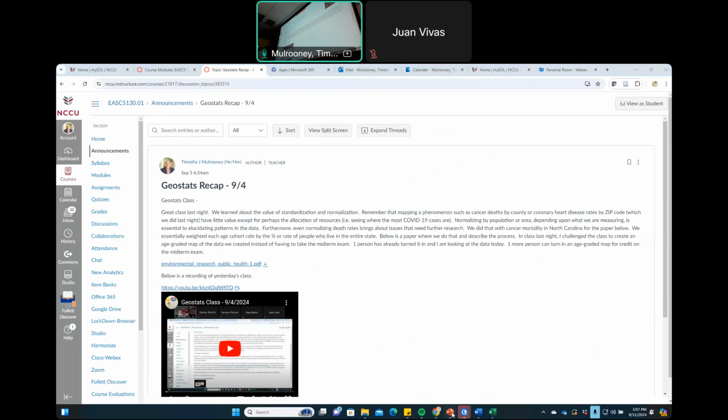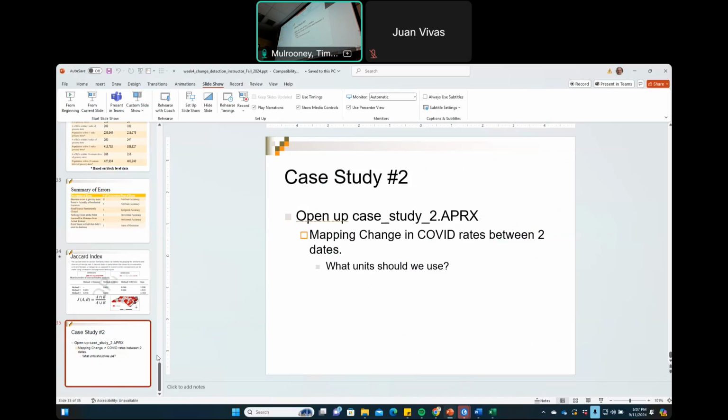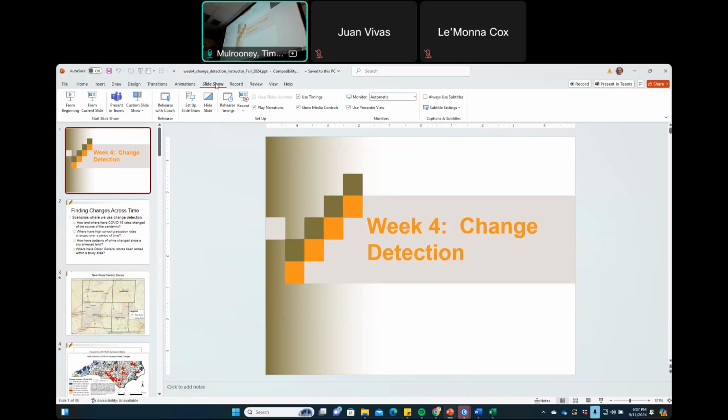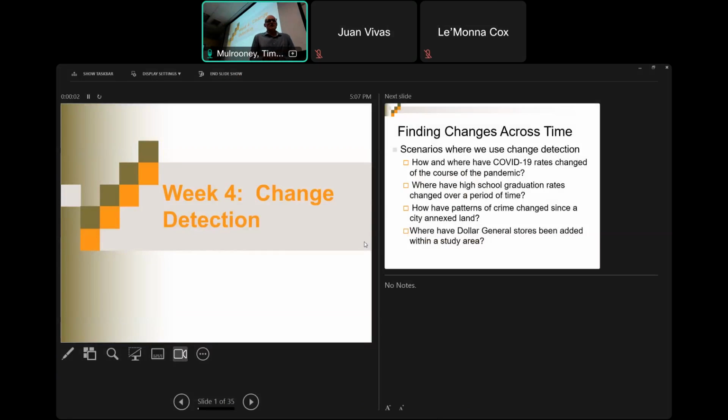So today we're going to talk about change detection. We'll talk about the idea of change detection, and then we'll look at a case study where we're just going to calculate change in COVID rates. Because to be honest with you, everything's spatially related. I bet you can stick the change in COVID rates between two different dates onto a map and see differences.